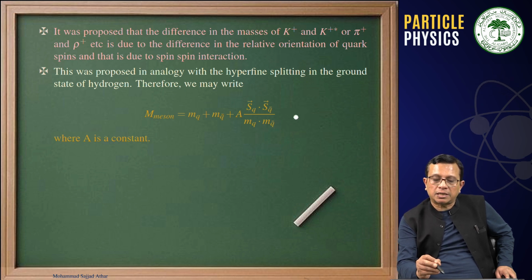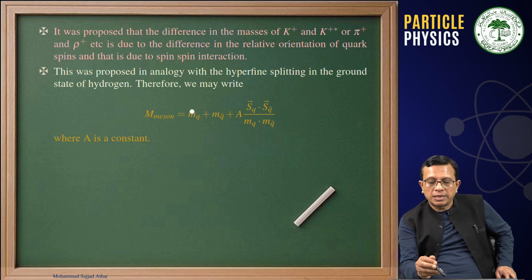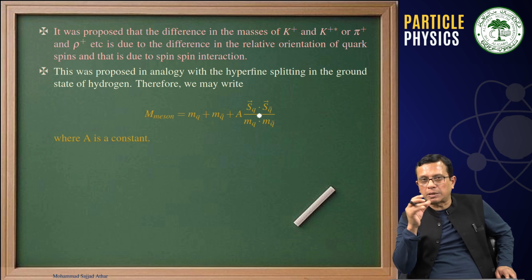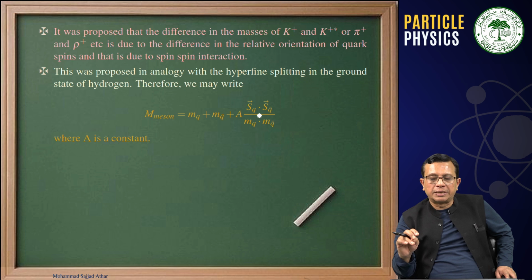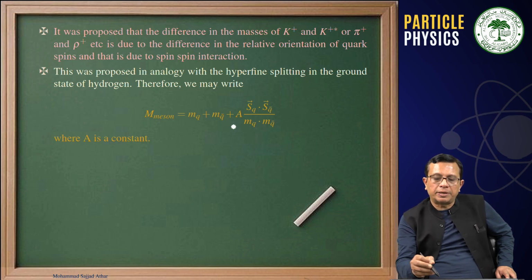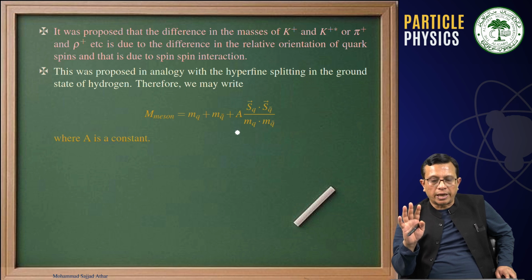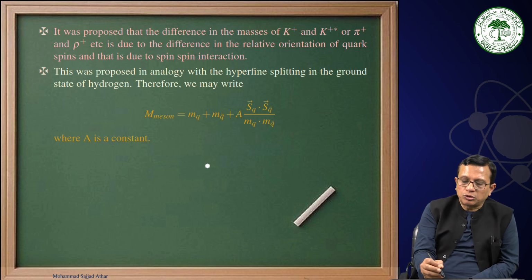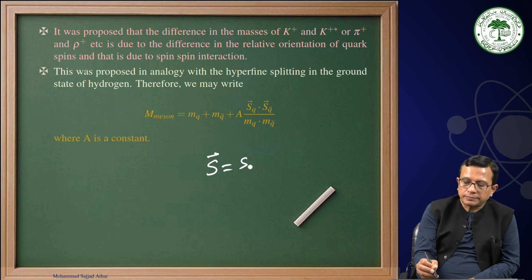They will be written in such a fashion that all these three terms will be in MeV. That means this A, which is a proportionality constant, when we determine it, will be written in such a way that the total dimension of this will turn out to be in MeV. Therefore, what we are saying is that if we have two objects,